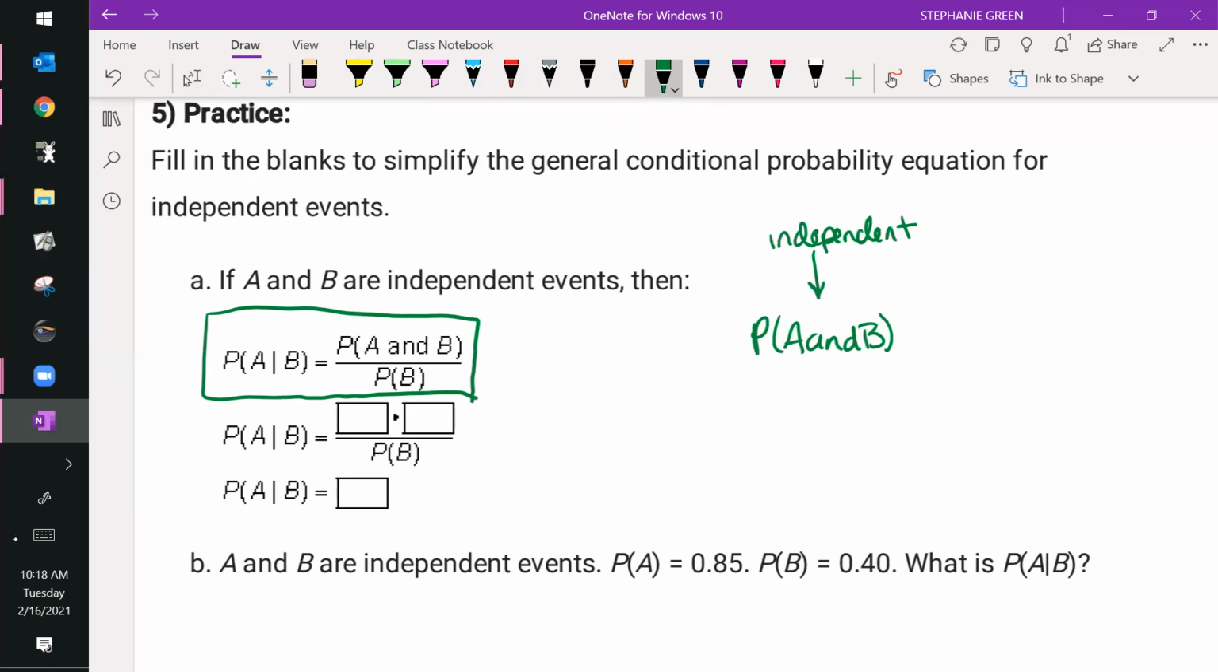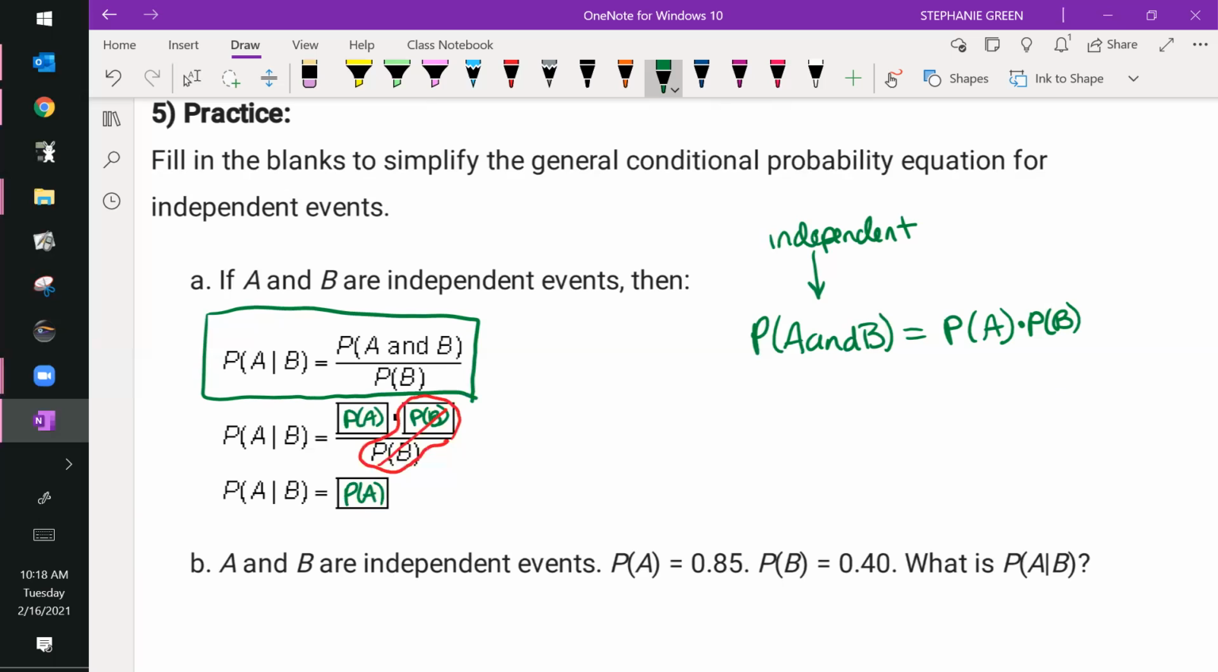If we have independent events, then the probability of A intersect B is the probability of A times the probability of B. So if I substitute that in here, the probability of A and B is equal to the probability of A times the probability of B, you can see that we have the same thing in the numerator as we do in the denominator. So those cancel out, and we're left with just the probability of A. So that's weird. So what we're saying here is the probability of A, given that B has occurred, is equal to the probability of A